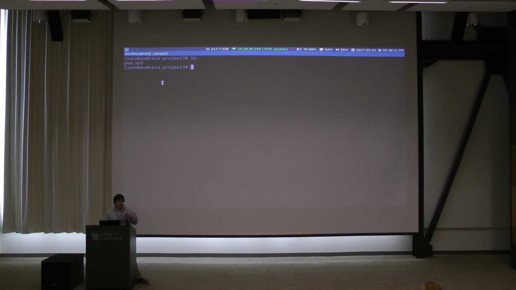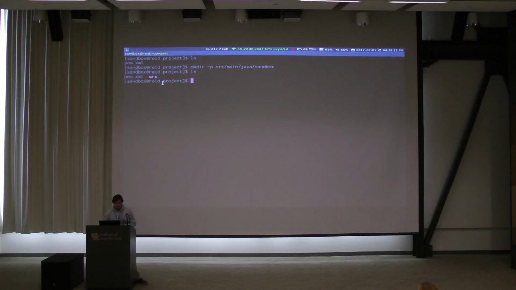So the next step is going to be to actually put a Java file in here. There is a standard project structure Maven uses, and if you follow that structure, you don't have to tell it anything, it just knows. That structure for regular Java files is src/main/java. This is the directory structure. Then it's followed by the package. The way you do the package name is you take the name, take out the dots, and make each one of those components its own directory. So for instance, the package edu.uky would be folder edu, inside that folder uky, and inside that would be the files. So I'm just going to use this package sandbox.